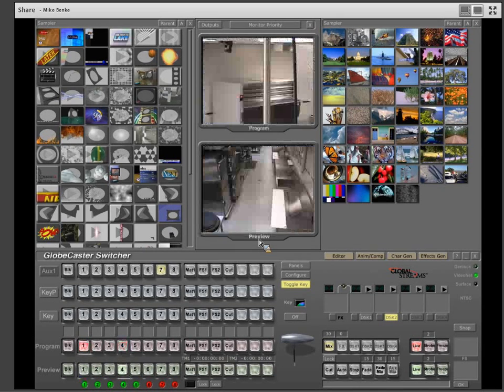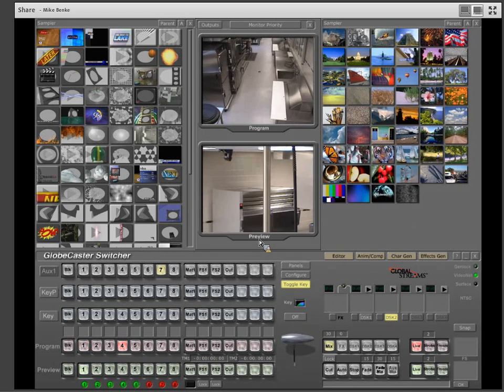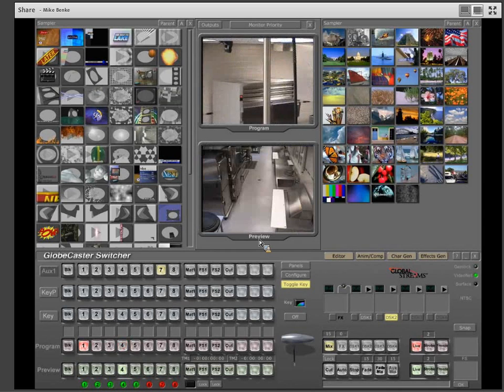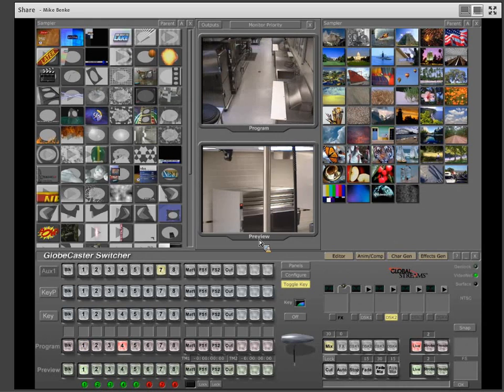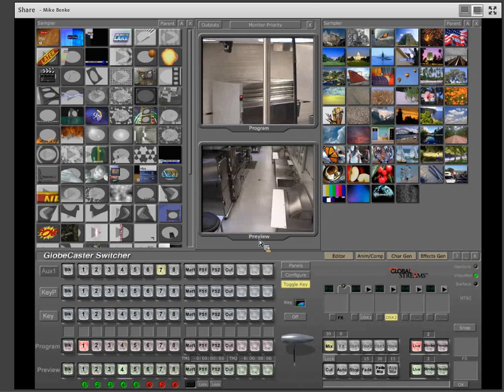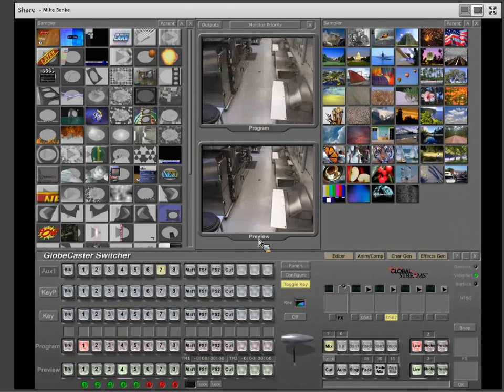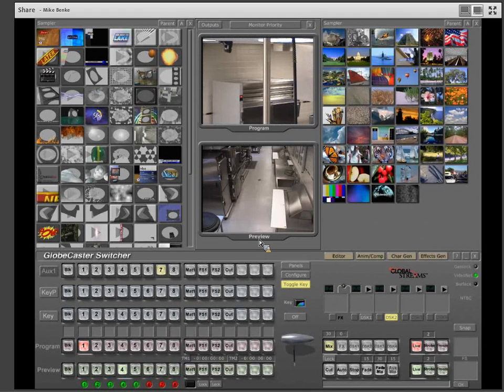And if you like the dissolve more, some other keyboard shortcuts for dissolve are the comma, the period, and the question mark. The comma sets it for a 7-frame dissolve or a quarter second. The period sets it for a half second. And the question mark sets it for a full second. See that? So if you just want to quickly dissolve from one shot to the next, or take a long time,